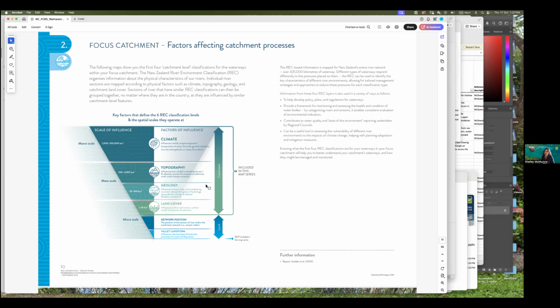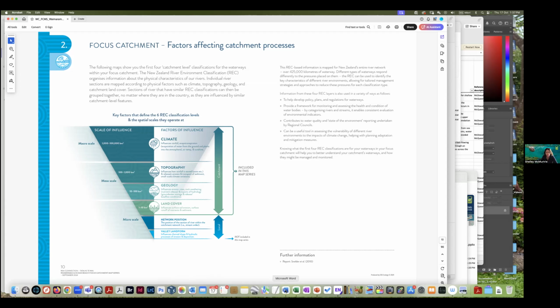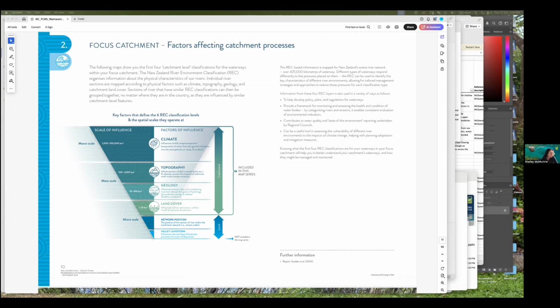They're also actually used, in particular I think topography and climate are used under the Australia New Zealand guidelines. Excuse me. So in terms of your default guideline values, just looking it up. Yeah, topography and climate are used for a lot of the suspended sediment and other water quality